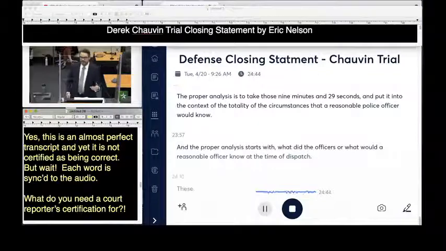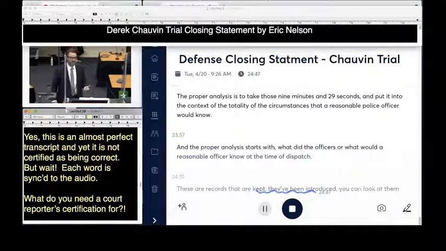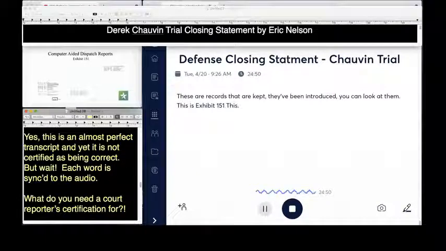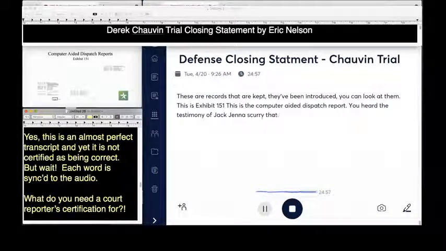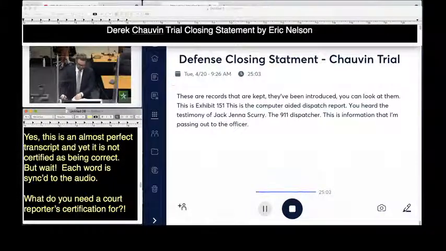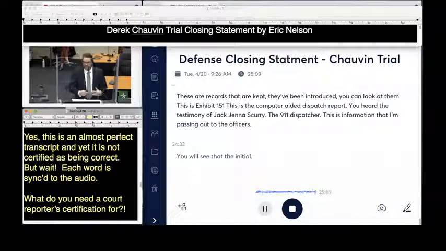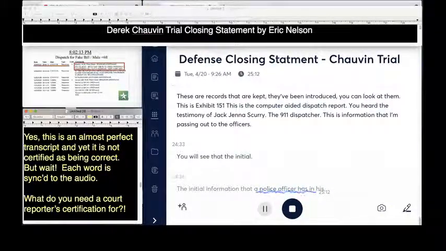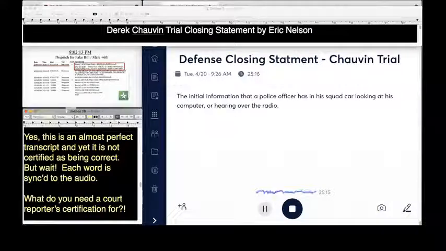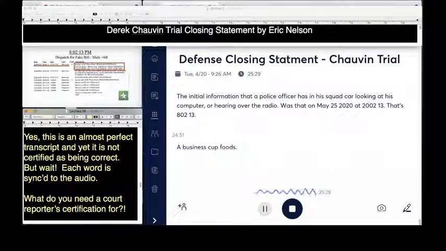Well, these are records that are kept. They've been introduced. You can look at them. This is Exhibit 151. This is the computer-aided dispatch report. You heard the testimony of Jenna Scurry, the 911 dispatcher. This is information that they are passing out to the officers. You will see that the initial information that a police officer has in his squad car, looking at his computer or hearing over the radio, was that on May 25th, 2020 at 20:02:13, so that's 8:02:13, a business, Cup Foods,